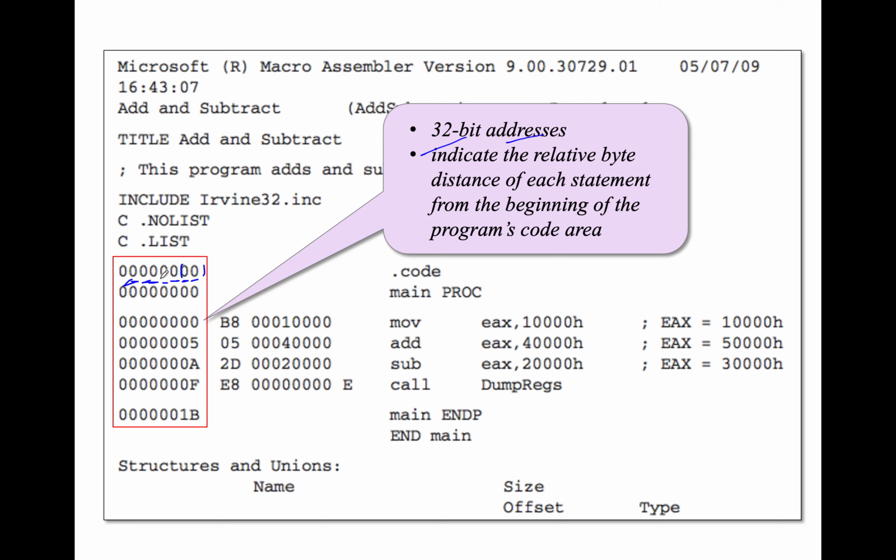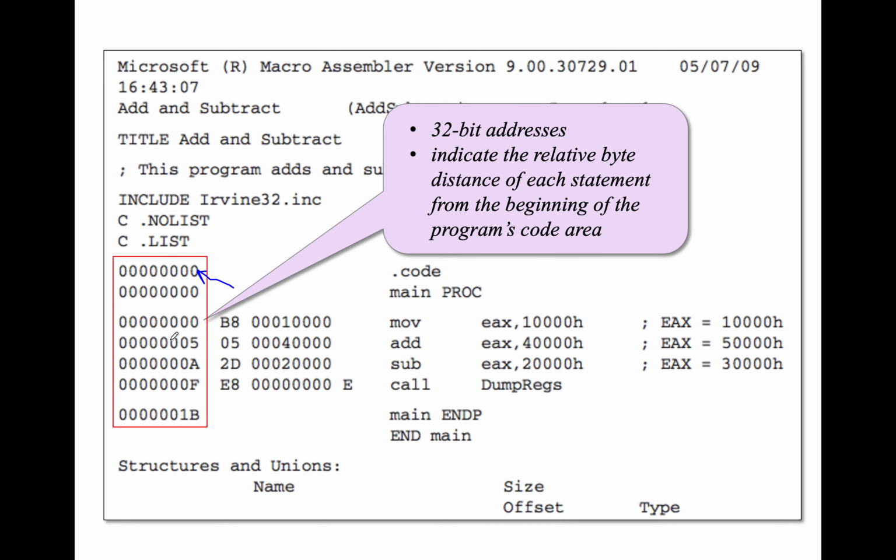1 word, 2 words, 3 words, 4 words. And you can see over here, it indicates the relative byte distance of each statement from the beginning of the program code. It's going to start from the beginning, but sometimes you can check it's not started at 0, 0, 0, 0, 0. So it depends on your system. Sometimes you already occupy the register, and that's why your addressing will start